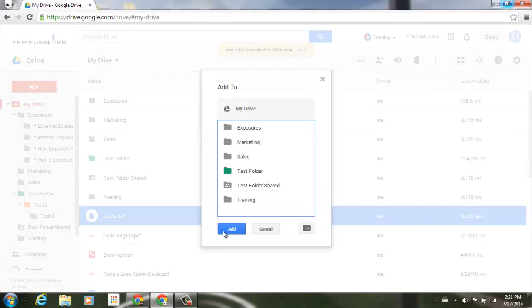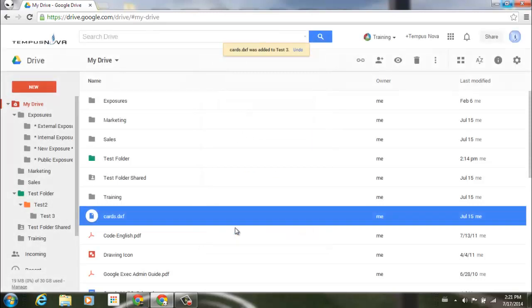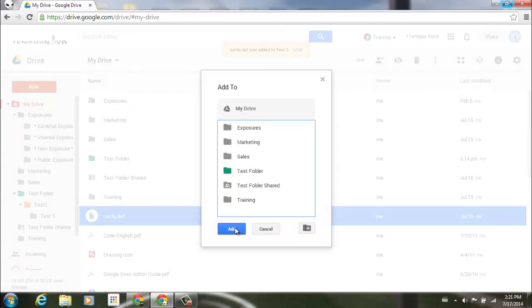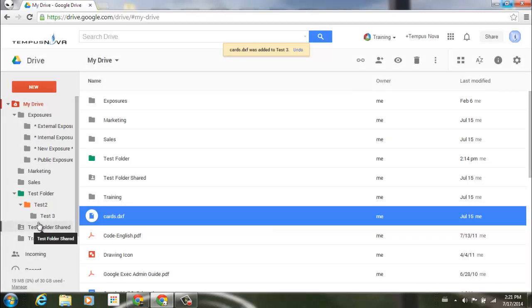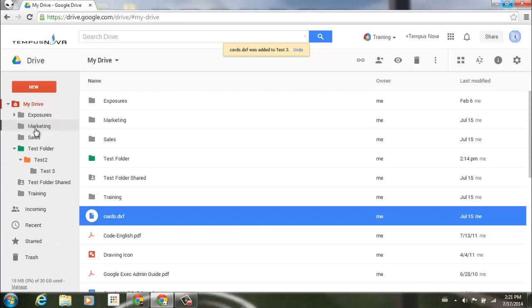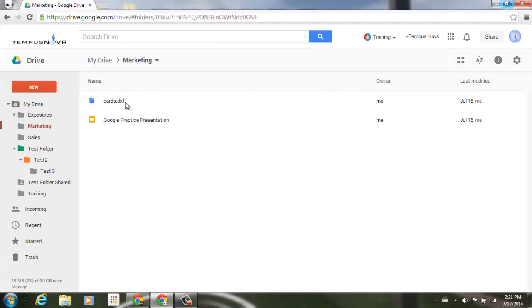You'll notice it pops that same exact box up again. Now I can go ahead and put this in my sales folder, add, keep holding that shift button down, and it allows me to go ahead and put it in my test folder or one of the other folders that are inside of that. Click on add, and now if I'm done with putting it in those 3 different folders, I can let go, click on cancel, and now when I go to my 3 different folders, so before what we did is we put it in our marketing. Here's that cards.dxf, put it into sales, here's the cards.dxf, and we put it in test 3, and there's our